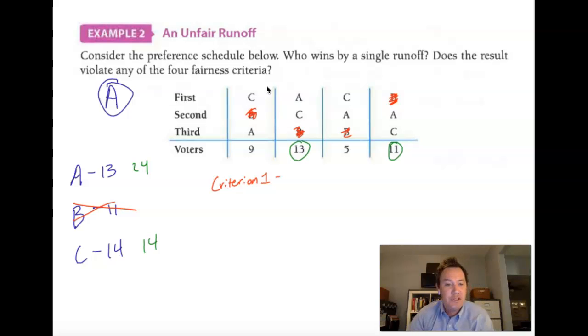So the original election is out of 38 voters, and none of the candidates got more than half of those votes. So criterion 1, being the majority criterion, does not apply here because nobody got the majority of the votes in the initial election. So it does not apply. Criterion 2